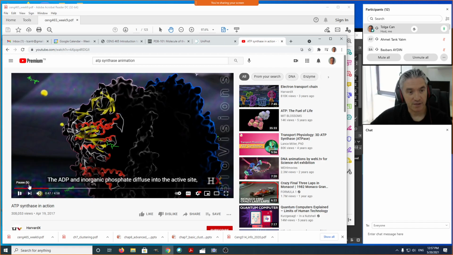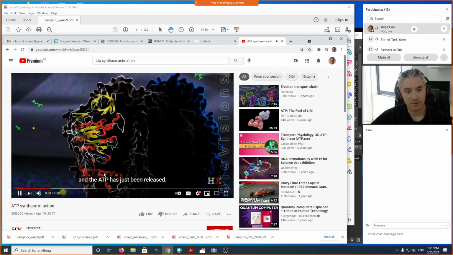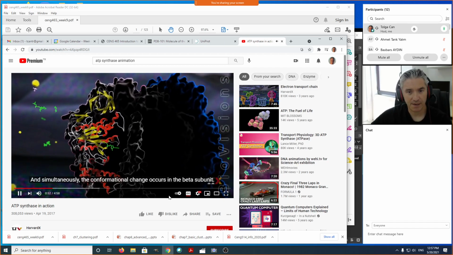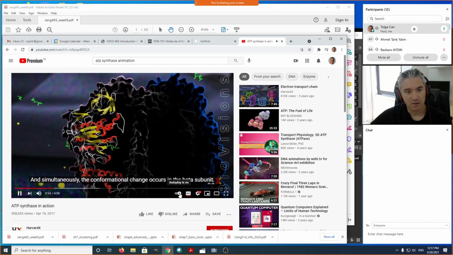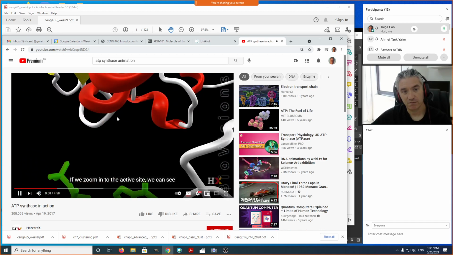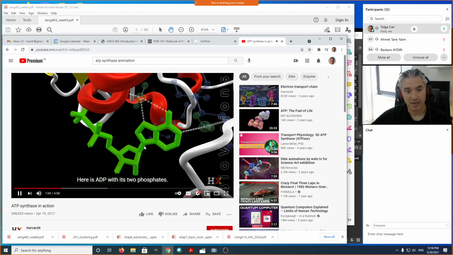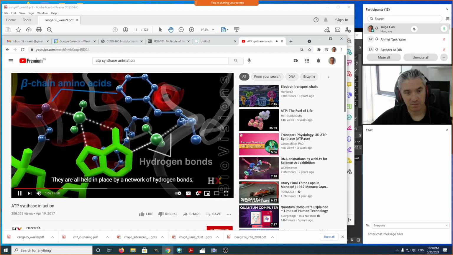So this one, organic phosphate diffuses into the active site, and the ATP has just been released. And simultaneously, the conformational change occurs in the beta subunit. If we zoom into the active site, we can see the molecular structure of the substrates and the chemical reaction. Here is ADP with its two phosphates. They are all held in place by a network of hydrogen bonds mediated by the amino acids in the